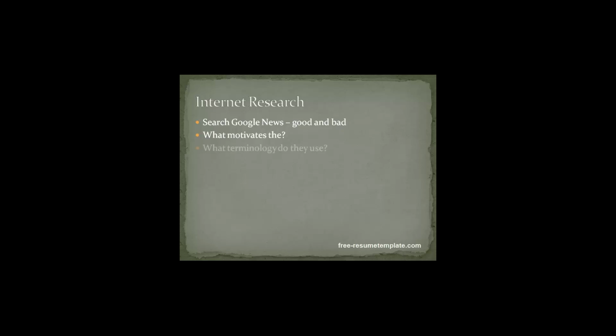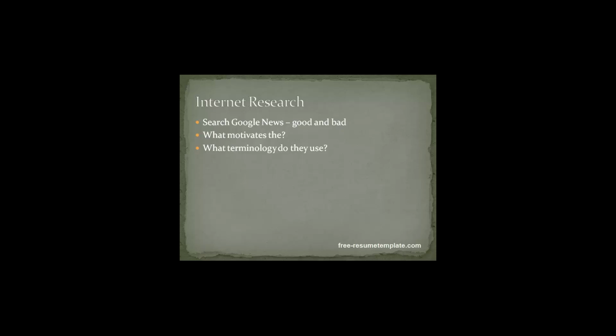Find out what terminology they use. When you go to their website, if they have a website, which most big companies do, look at what kind of terminology they use in reference to their role in the industry. If they have possibly job postings, maybe you can find the position even that you're looking for and see what kind of terminology they use.